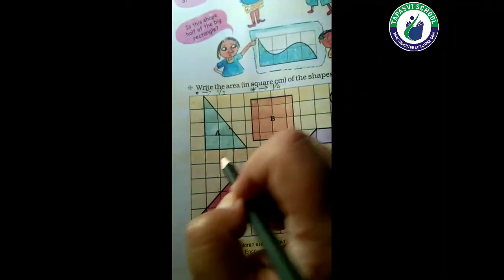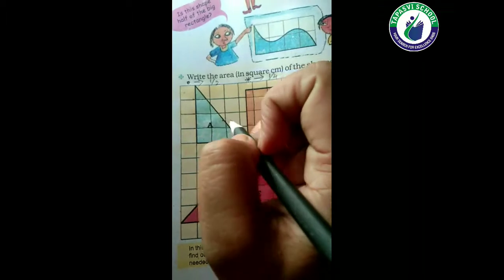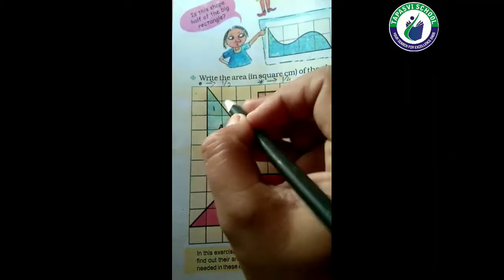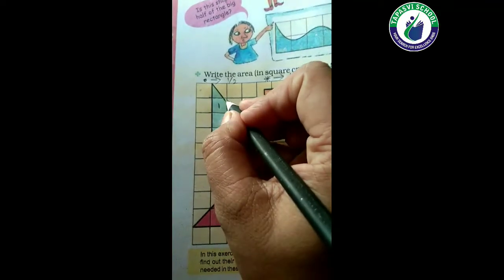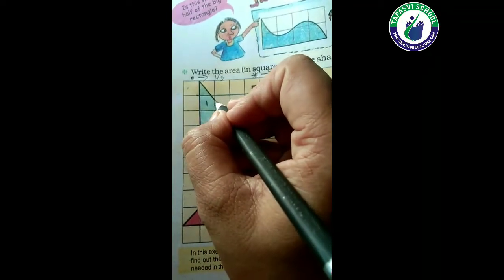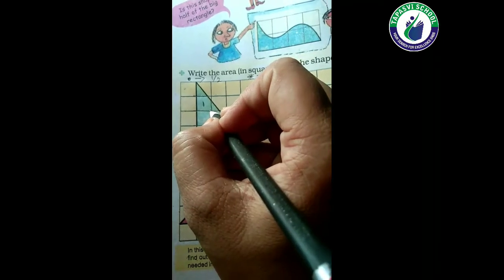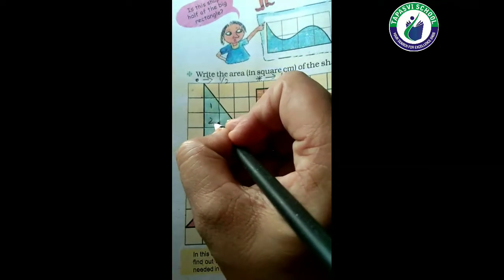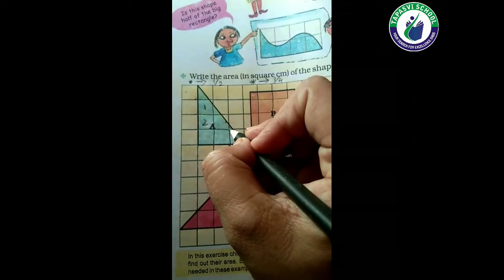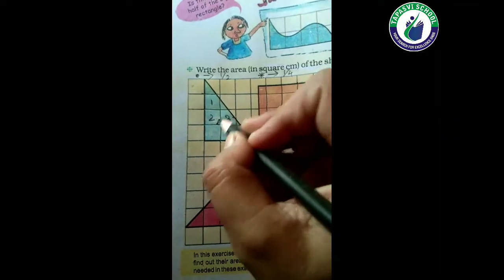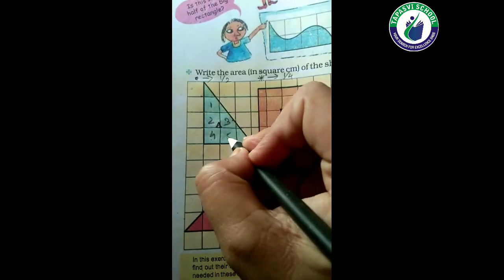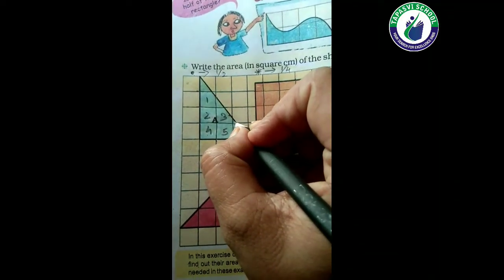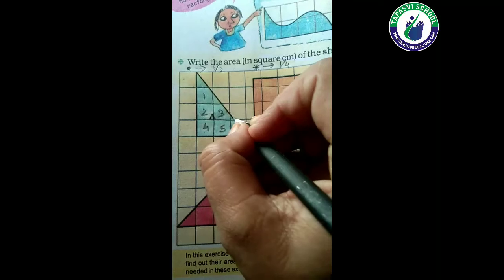Now say this particular figure, right? Wherever I put the 1, that means it is a complete 1. This is a complete one, only this much is left. Still, as I told you in the lecture, it is to be considered as a 1. This one is 2, right? This one is 3, 4 completely filled, 5 also completely filled. Now just to see this much, this is less than half, तो इसको हम consider नहीं करेंगे.